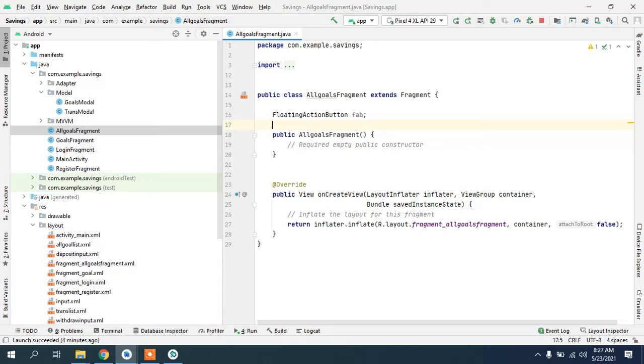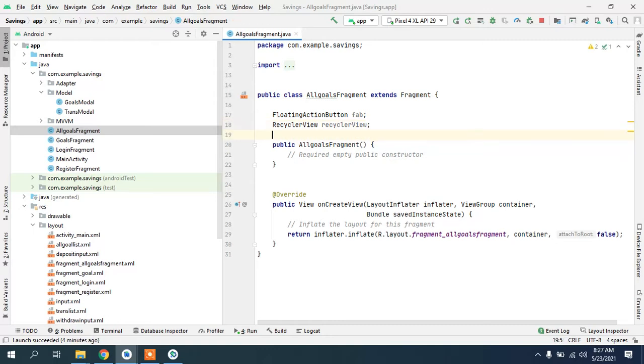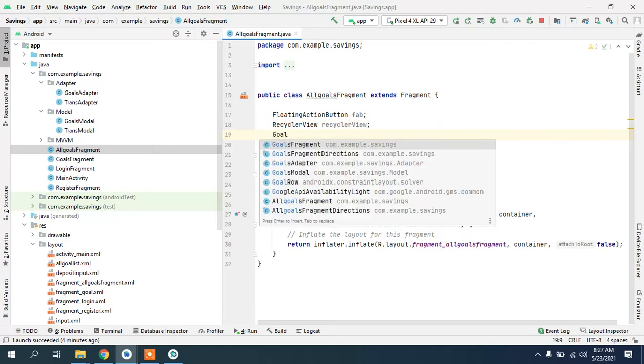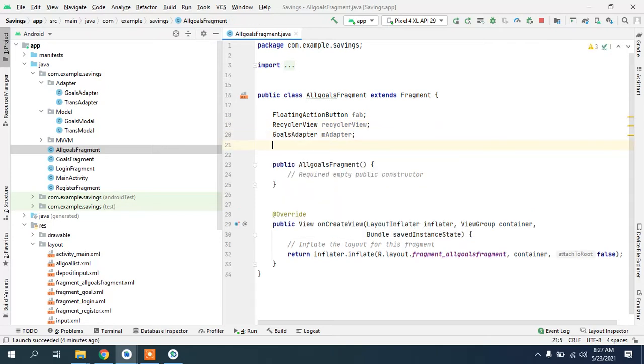We have all the other things to also map, and we will take one recycler view because there is a recycler view that will be displayed, and we will take the adapter that we have not worked on. So goal adapter, m adapter, and we will